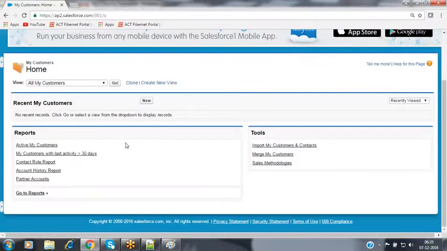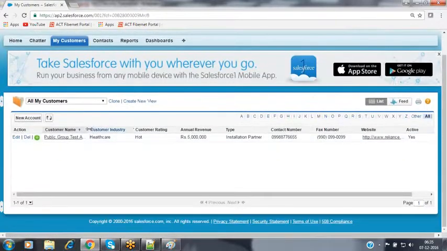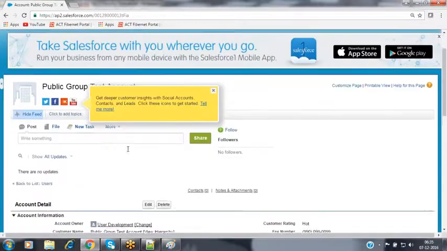Once you have granted visibility to users based on the application requirement, as a developer, it is our responsibility to do the unit testing. We have to log in as those users and verify whether those users are able to access the record or not. For that, we enable this login option for every user. Now he is also able to access the public group test account record, and he can modify the record values as well.